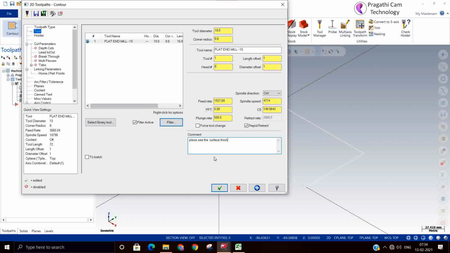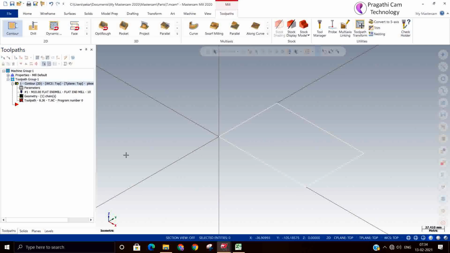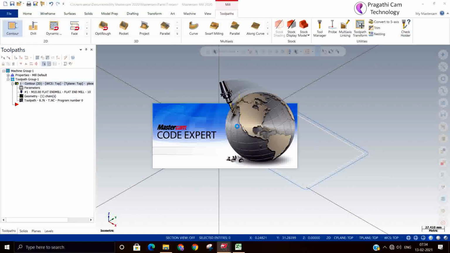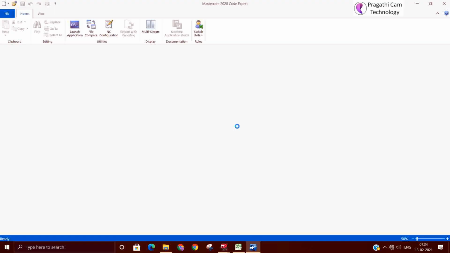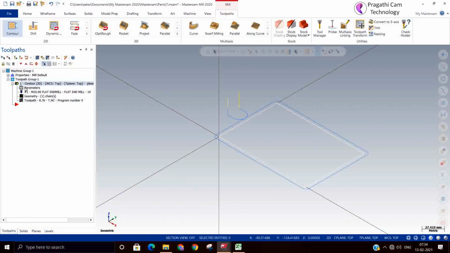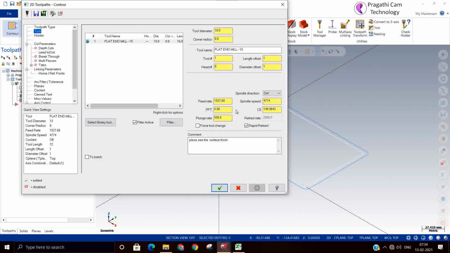So now I just regenerate and show you. Whatever we have written there, you can see in the comment here. So this is how the comment is going to help us. So this is all about the first page.